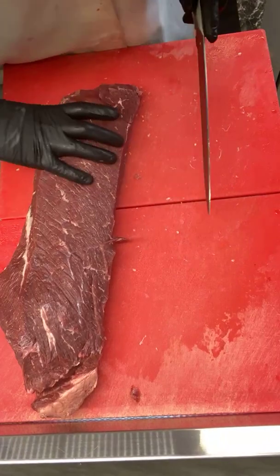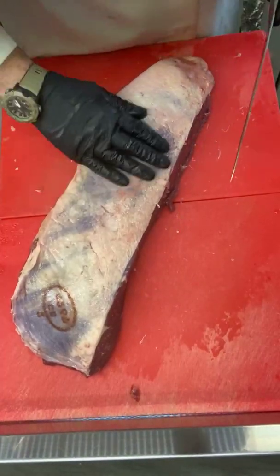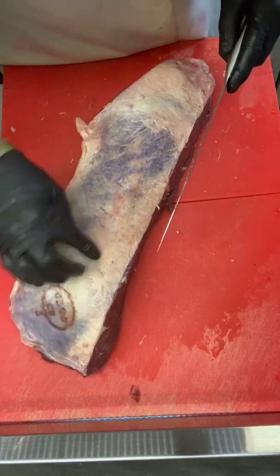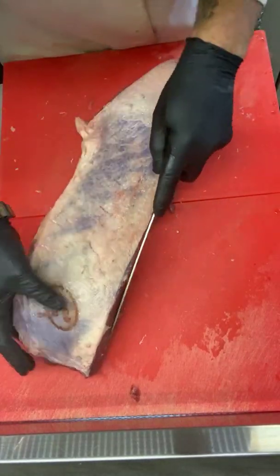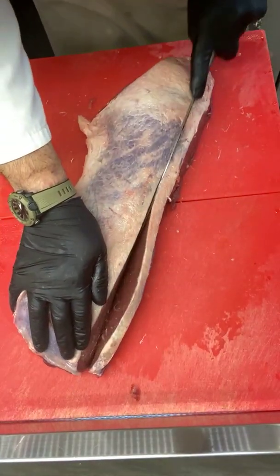It's gonna be some lean biltong there. Now we've got our flat bottom. See, we're going into some... yeah, it'll do, it'll keep. So